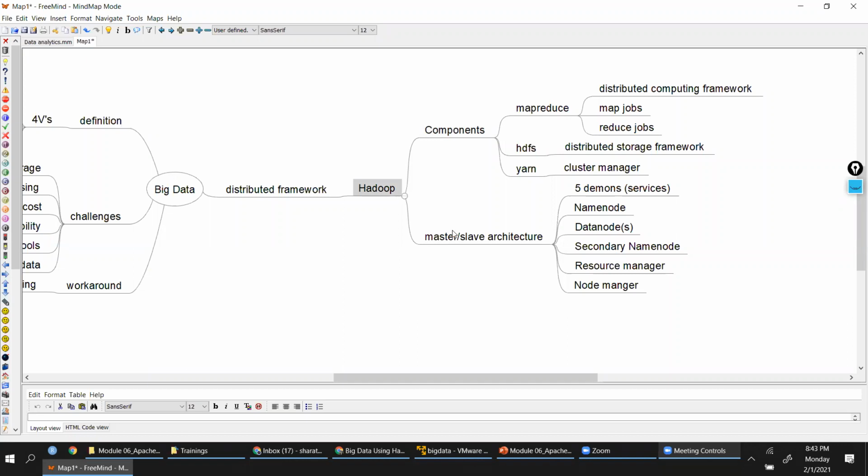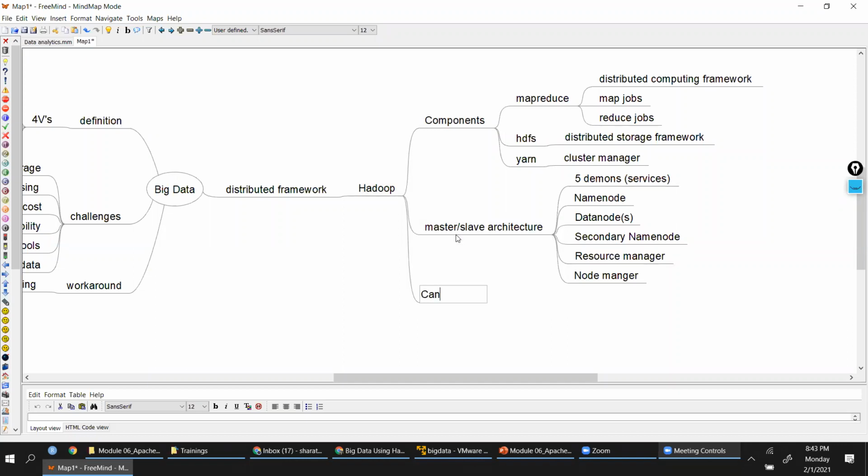We can also call it as an operating system. Can be understood as OS for multiple interconnected computers. Here, at a very simple terminology, we can say it can be understood as an operating system for multiple interconnected computers, right? This is about Hadoop.